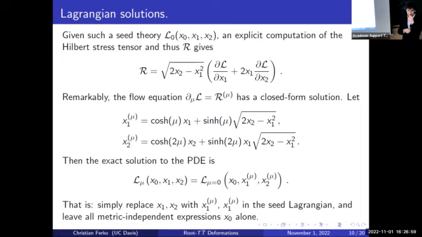Is it some physical condition that the expression inside the square root is positive, or just mathematically, if you plug in the expression, you can show that? Yeah, it ends up just being a mathematical fact. So I mean, it's related to the fact that the thing we're deforming by can be written as some kind of root minus det of the traceless part of the stress tensor, which will have some positivity properties. So I don't have a physical interpretation for that. It's a mathematical fact that comes out when you plug in the quantities, I think. Good. Other questions?